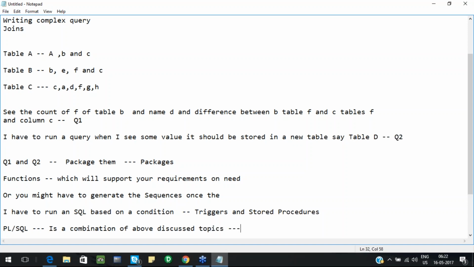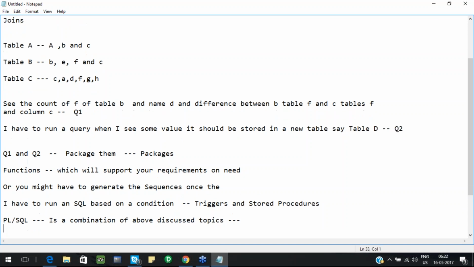Okay, so as simple as that. I haven't discussed the conditional statements. Conditional statements, if you write them in SQL, that is part of PLSQL. So as part of this training,